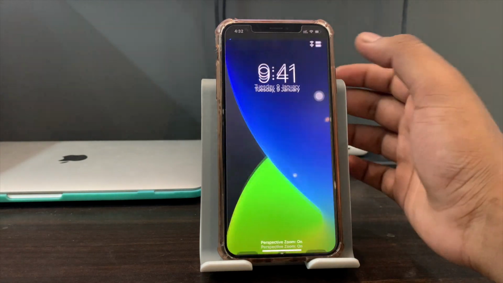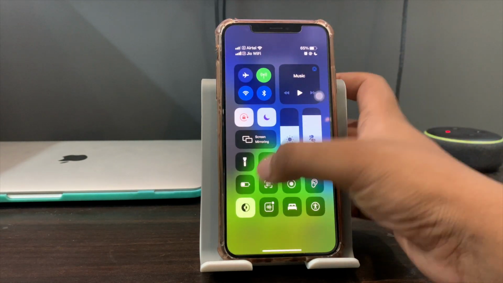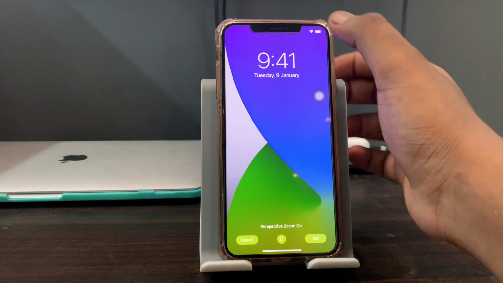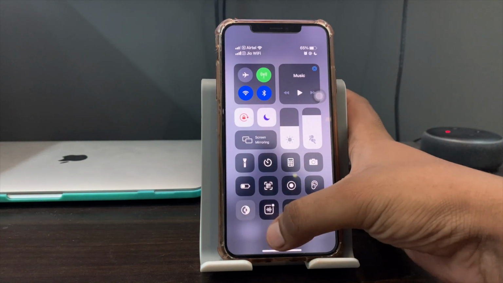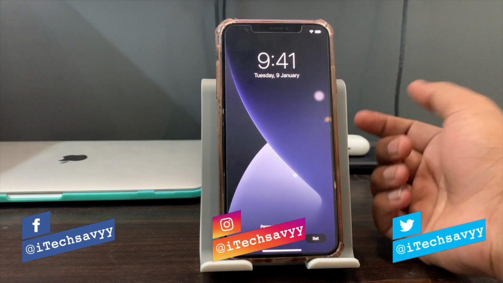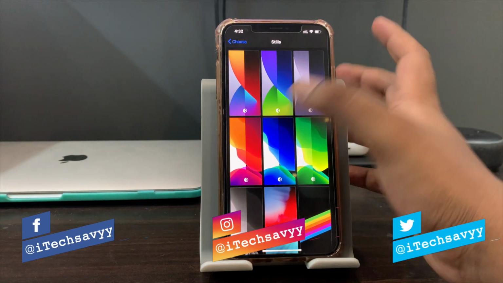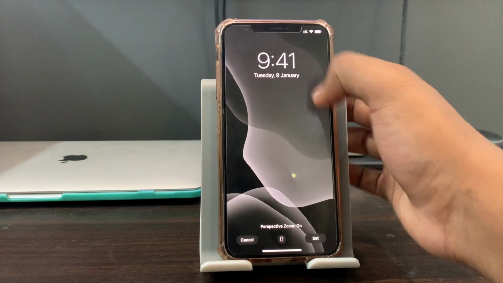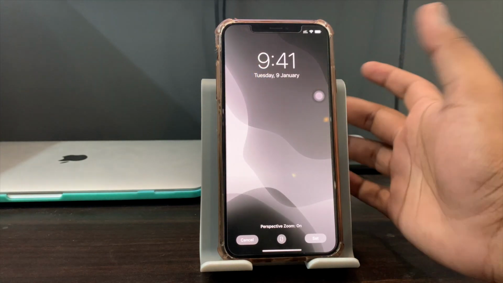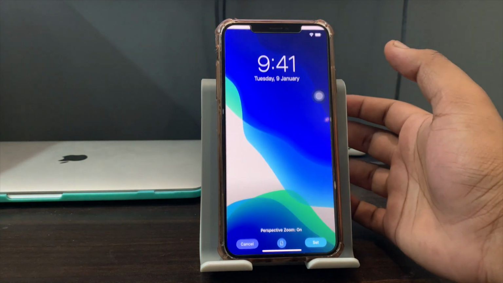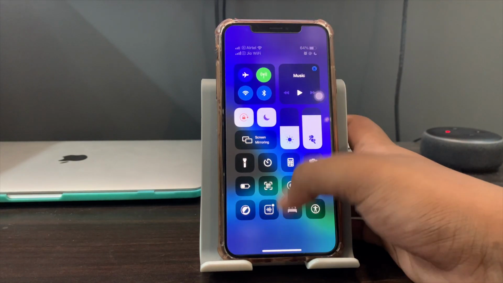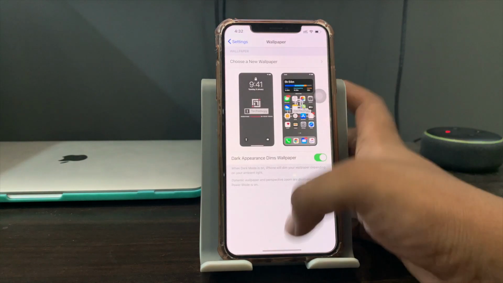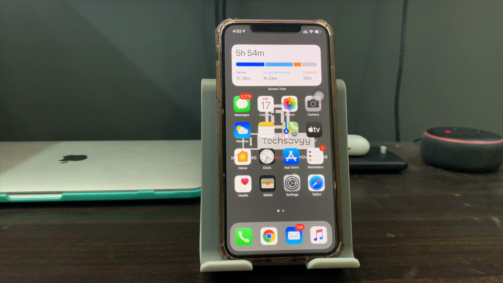Similarly with the other wallpapers, this is the dark mode wallpaper and this is the light mode wallpaper. So we have 6 new wallpapers for now. Let's see if Apple adds some more in the near future or not.